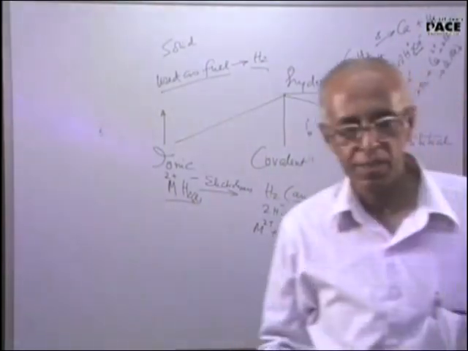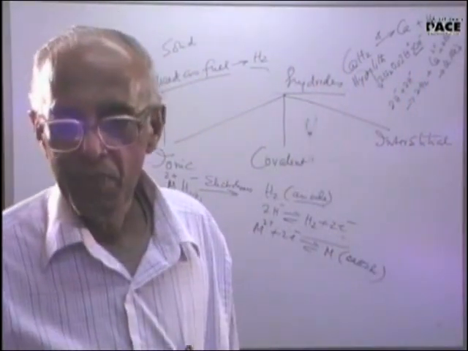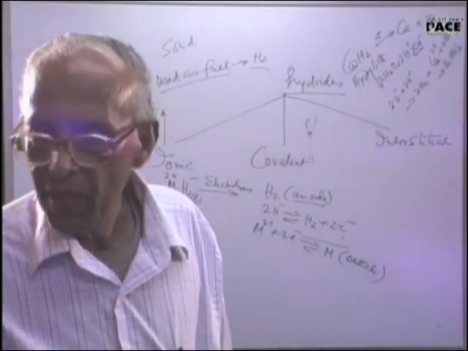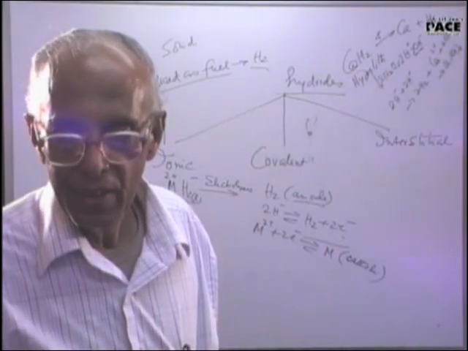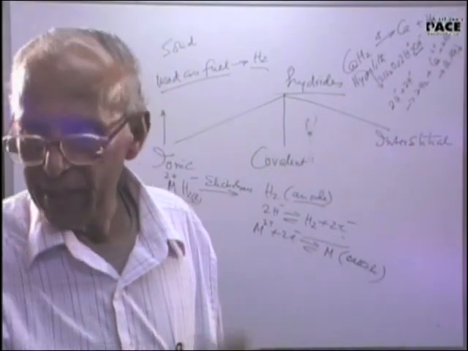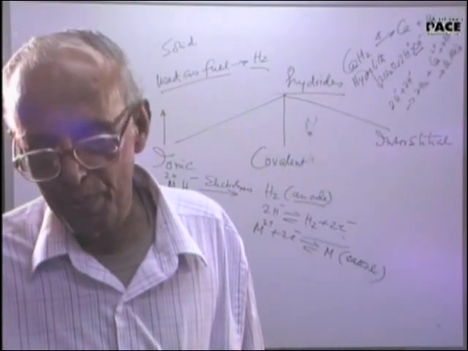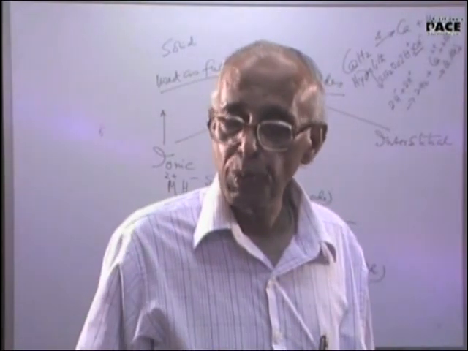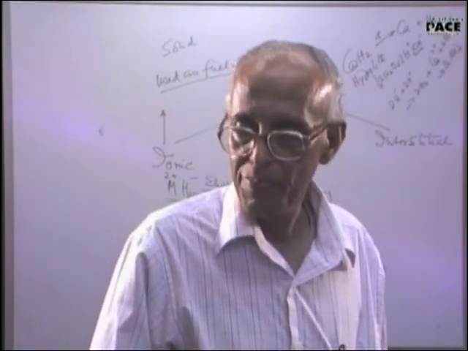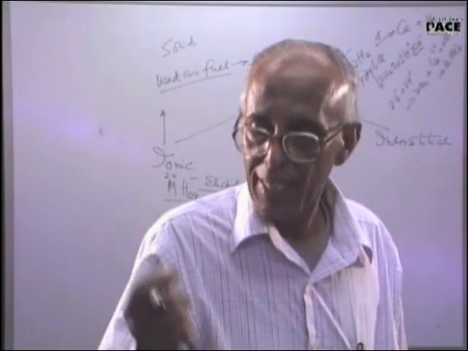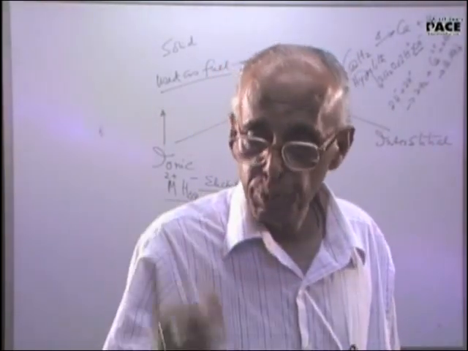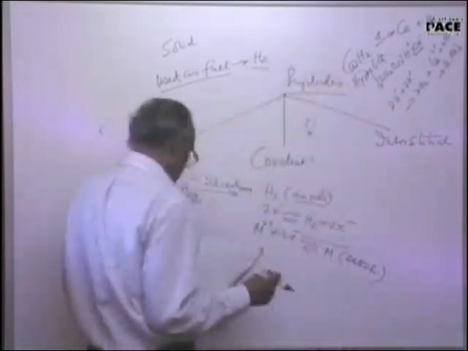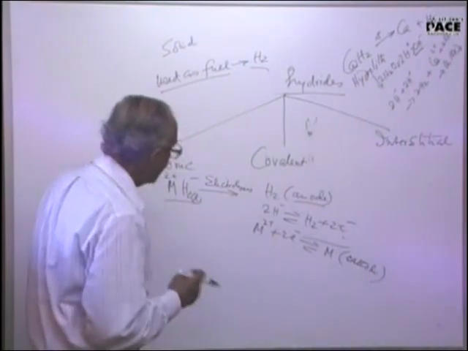So what the army does is carry solid calcium hydride, and whenever they require hydrogen, they just add a little bit of water, and immediately hydrogen is evolved. That is why the ionic hydrides are useful as a solid fuel: they are solid, and they liberate hydrogen readily. Whereas covalent hydrides